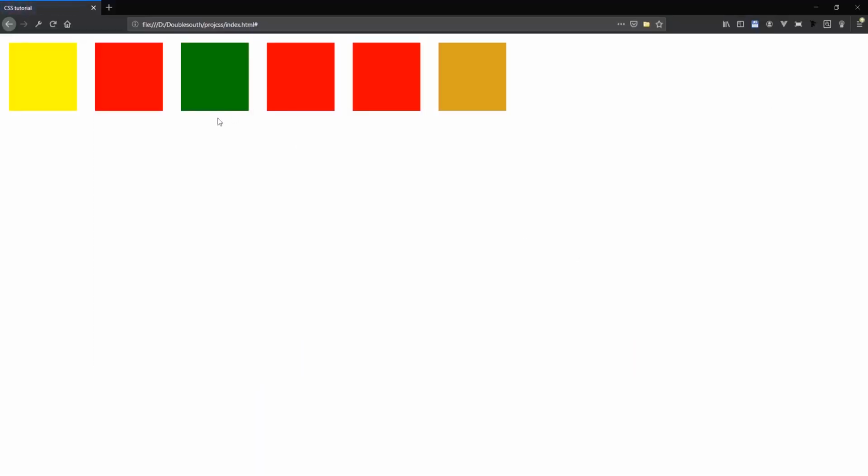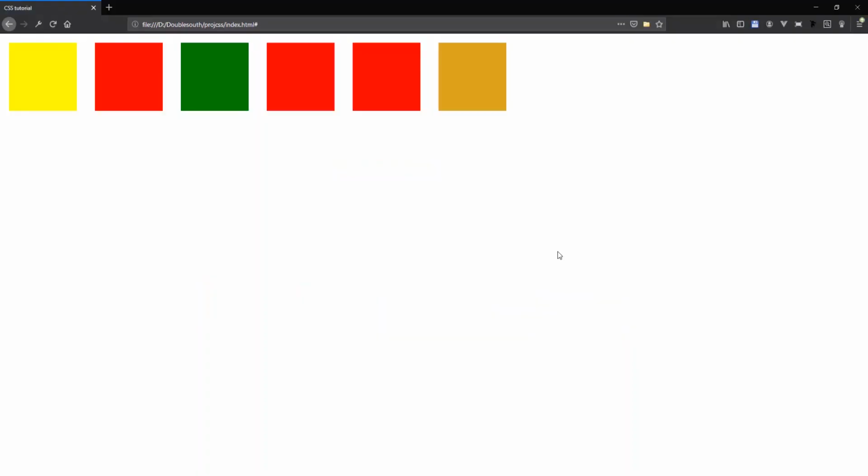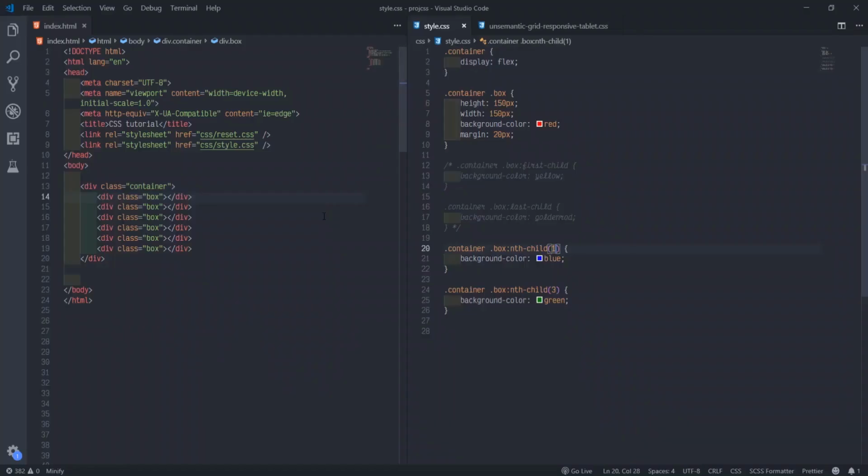You see, it does change the color now. It does change the color here now to green. So if we actually target all of them like that, if we come out of this one, I'll just comment that quickly. Then instead of that first side, I'll say 1. Then I'll put blue this time. I'll say blue. You see, it does show blue now.